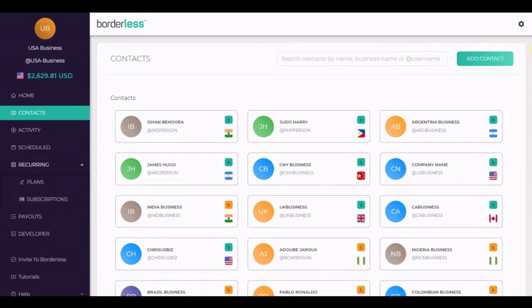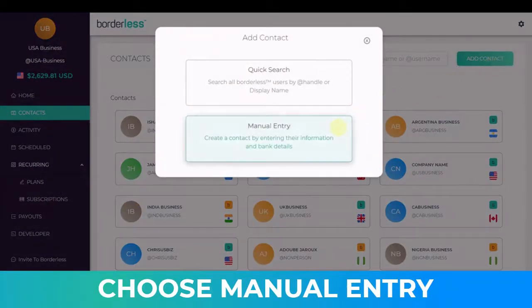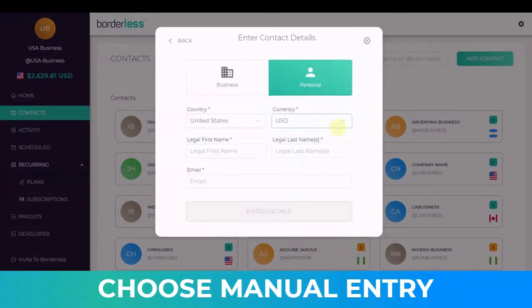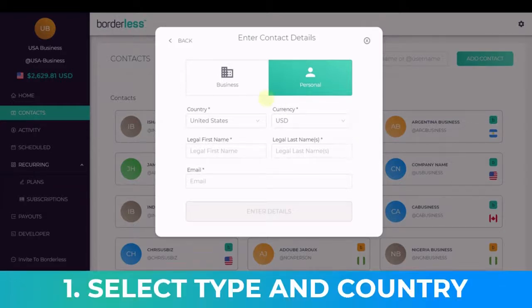Now, if the contact does not have a Borderless account, you can still pay them by adding them as your contact. To do so, we'll choose manual entry when adding a contact and go through a 3-step process. Here, you can select the type of contact you wish to add, business or personal, the country they're located in alongside their currency. We support over 60 countries,